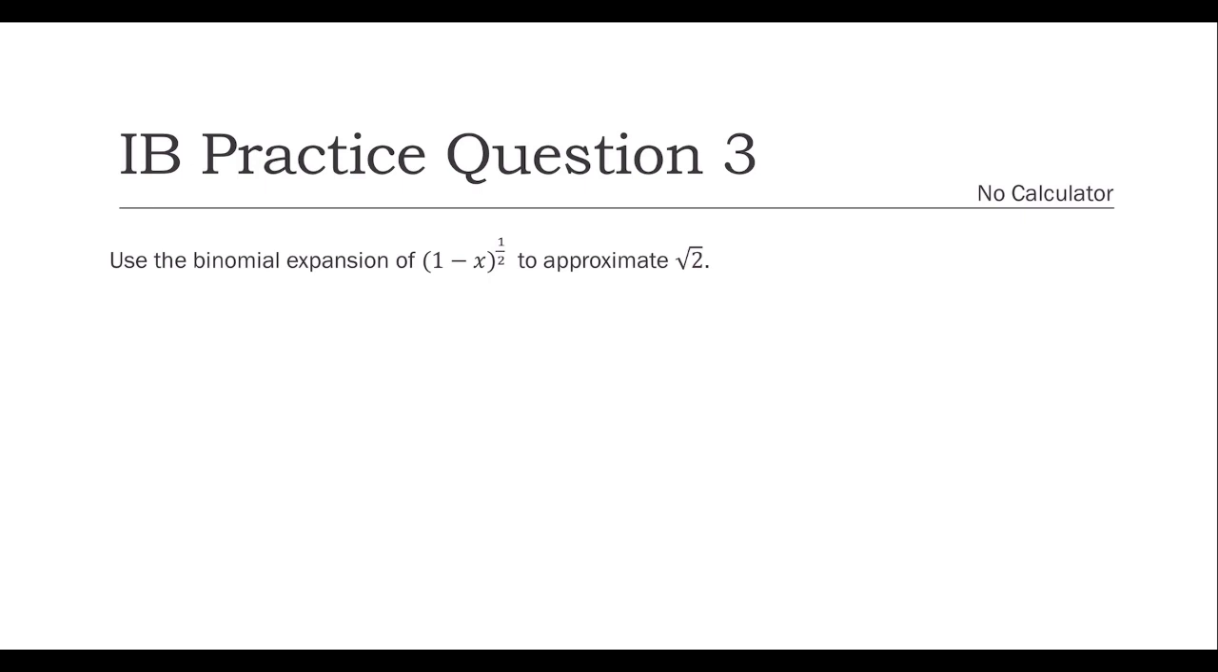So next we have an IB practice question. It says use the binomial expansion of (1 minus x) to the 1/2 to approximate the square root of 2. So we have (1 minus x) to the 1/2. We don't have a value before, we have a 1 here, so this is good. It's going to equal 1 plus n, which is 1/2, times our negative x